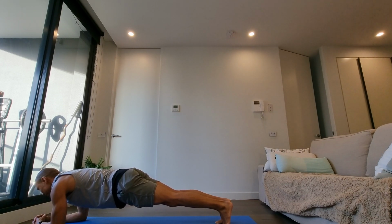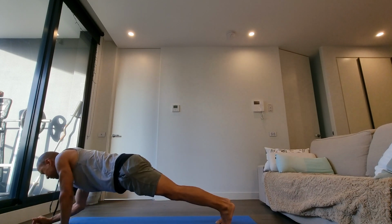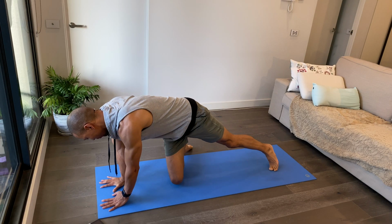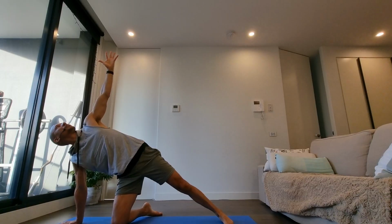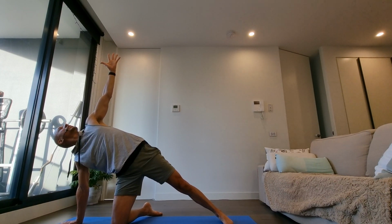And then we're going to move into a supported forearm plank, so moving back up to your full plank. Bring your right hand to the middle of the mat under your shoulders, and then drop that right shin down perpendicular to the mat, and then lift your left hand all the way up to the ceiling. See if you can push the hips a little bit forward, staying for 2, staying for 1, and then bring